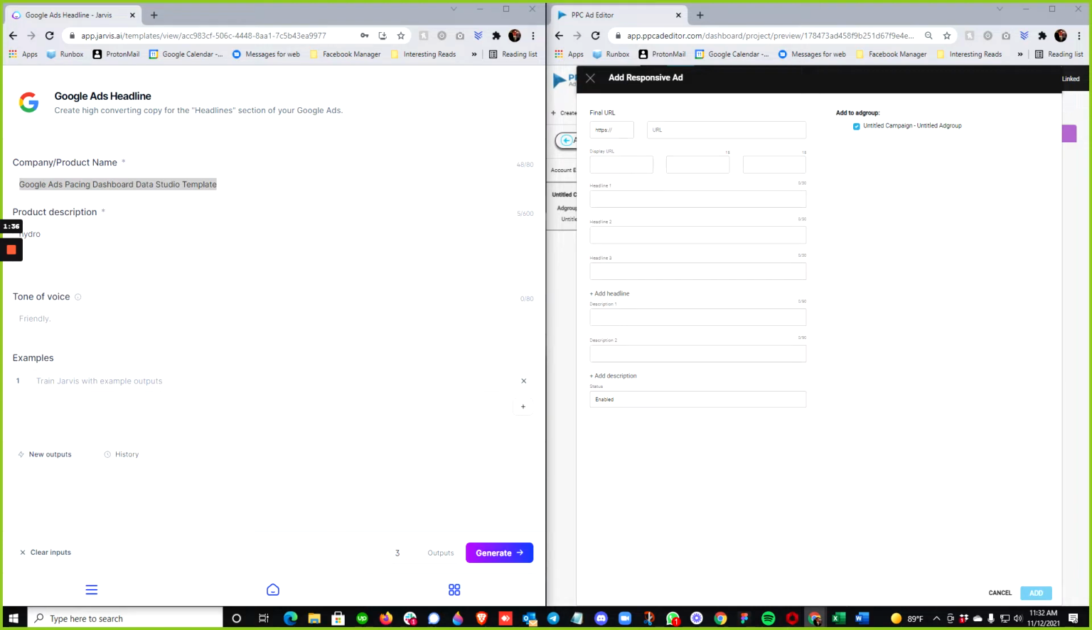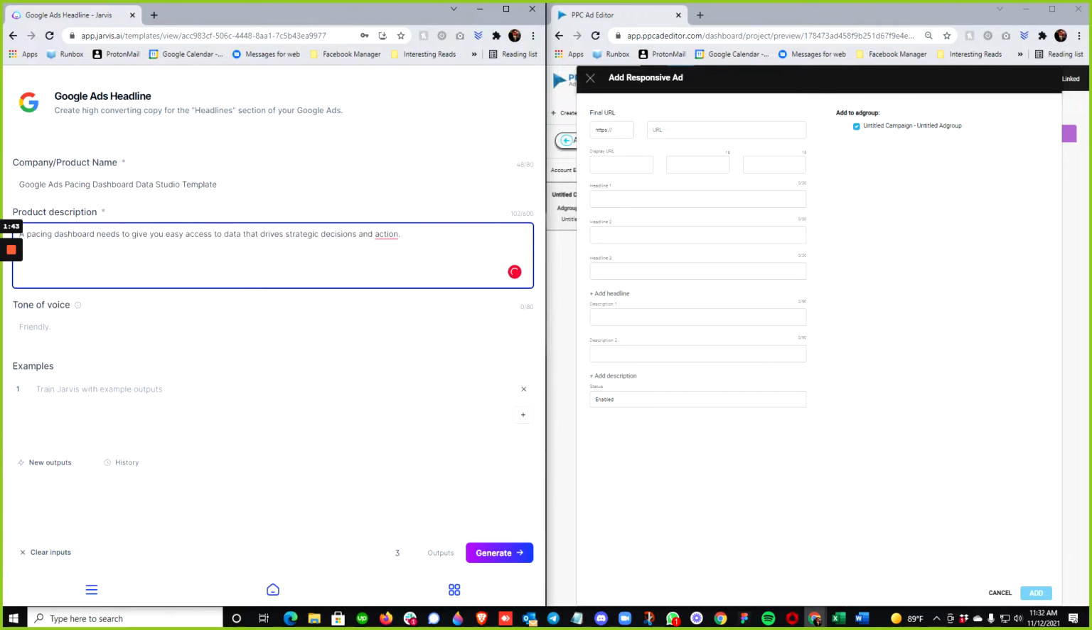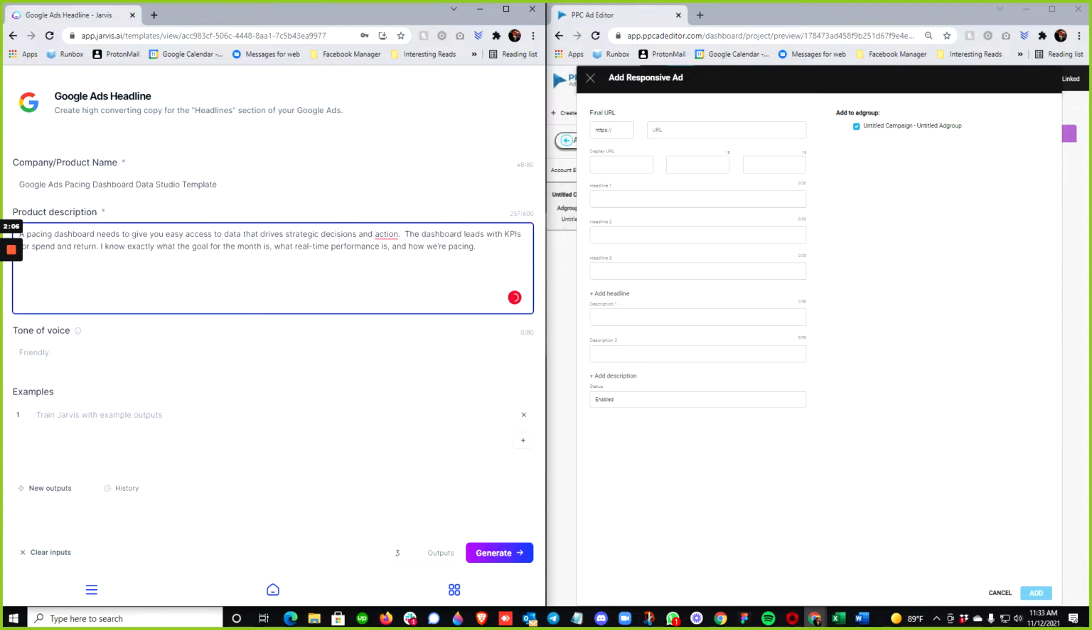Okay, so let's see here. I'm looking for a description. Alright, so pacing dashboard gives you access to... probably want to do a little bit more. Okay, the dashboard leads with KPI. So what's your thought process when you're looking for a description? I'm just reading through the article, seeing if there's some interesting blocks of content that I could